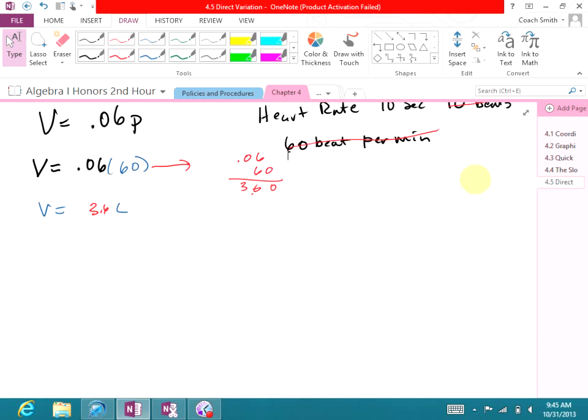All right, so you take the number of beats, multiply it by 0.06, and that's approximately the liters of blood that pump through your heart in a minute. Okay? So you look at liters. Liters is very similar to a gallon. So, like for me, it was almost 4 gallons per minute. It's a lot of blood. Okay? Now,